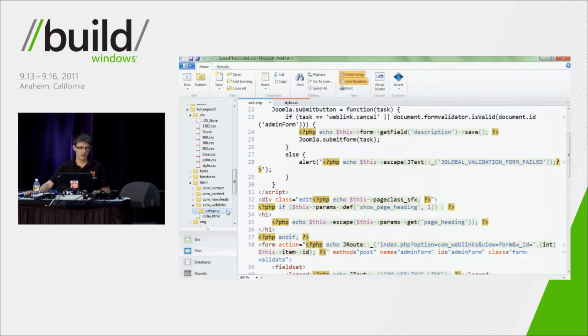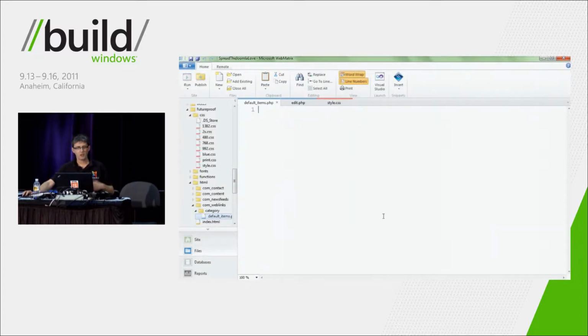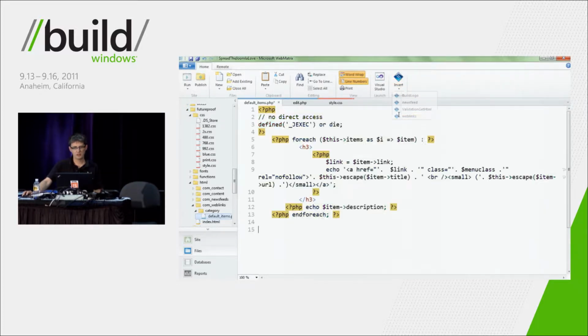Category, and create the new file. Now, when you're creating a file in WebMatrix, it lets you open up a file in multiple templates. HTML, CSS, PHP, TXT. I'm going to just select the text one because I just want it to be completely empty. Give it a name. Here's my blank file, and again, I'm going to use a snippet just to save a